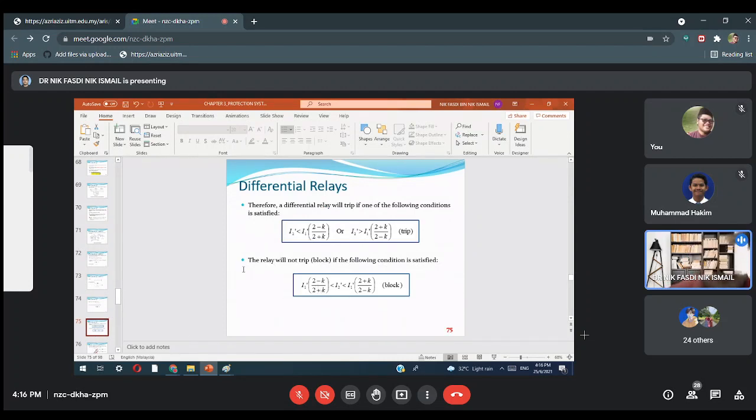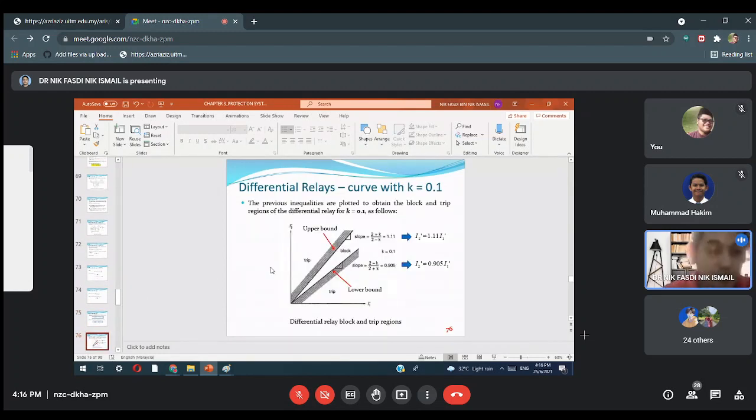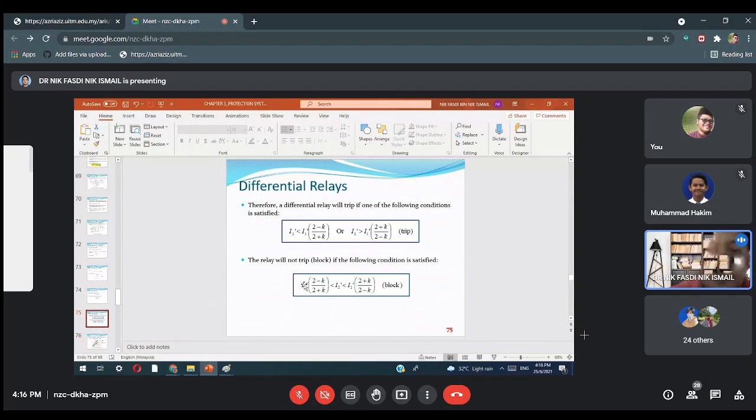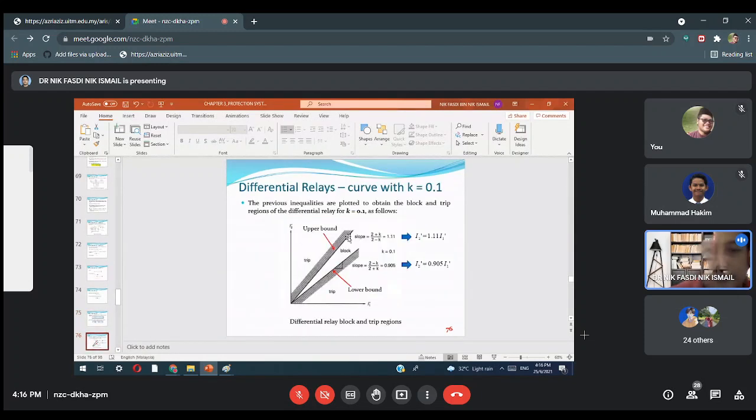Ni guna untuk apa? This one biasanya kita guna untuk kalau you ada graph ke apa, okay. Sebenarnya kalau you tengok betul-betul, if you study this is the slope ataupun nak katakan slope lah. Satu kecerunan. So the previous inequalities are plotted to obtain the block and trip regions of the differential relay. So kalau differential relay dia ada juga dia punya diagram to show the block and trip region. Macam tadilah macam impedance relay kan. So kalau untuk differential relay, so it has this